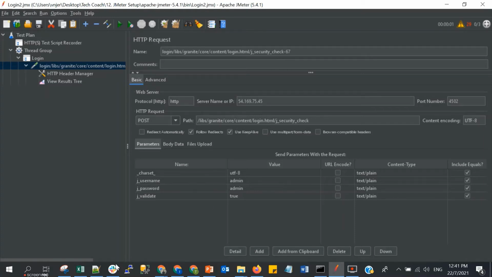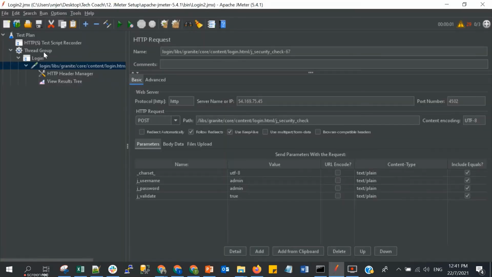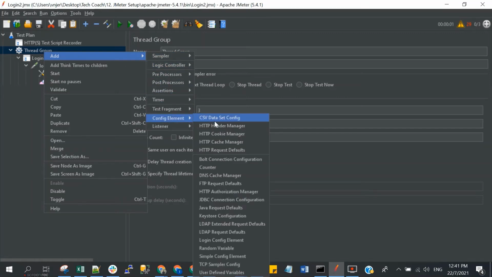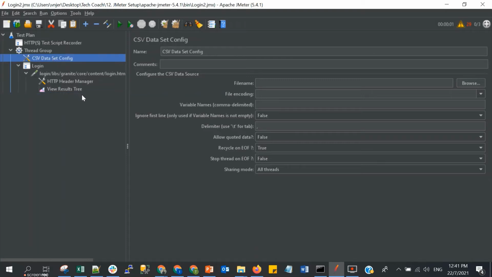Okay, next step is under the thread group, add a config element and choose CSV Data Set Config. I will move it to the top here, and let's create our file.